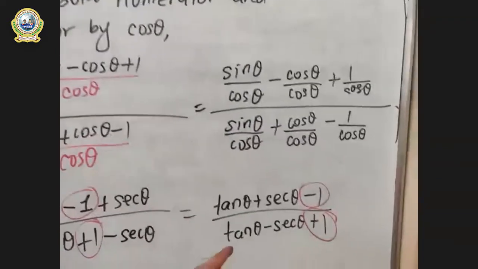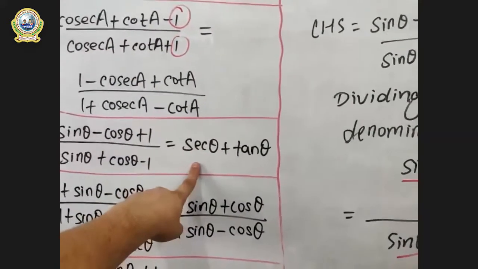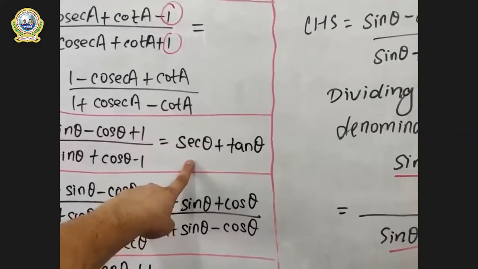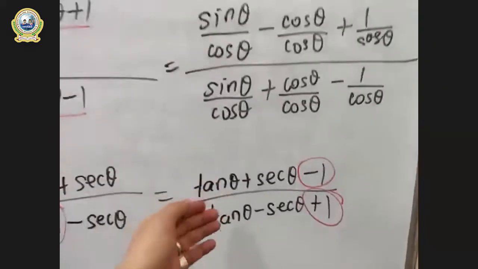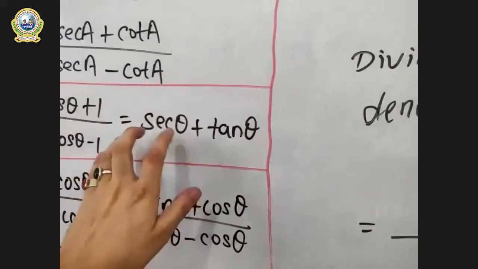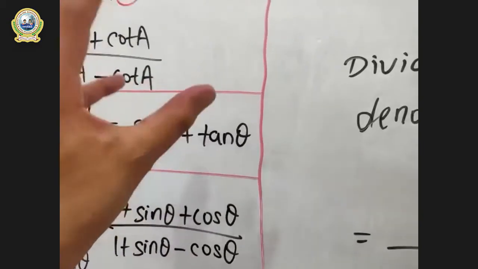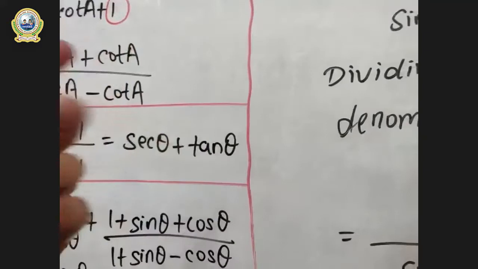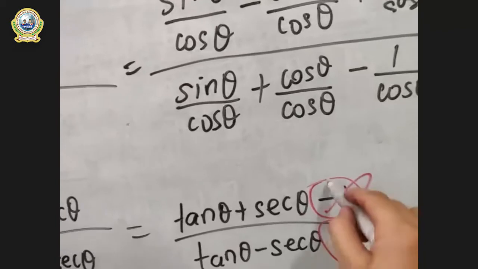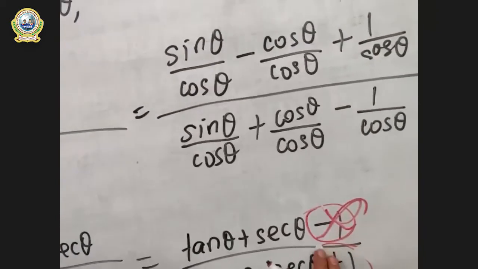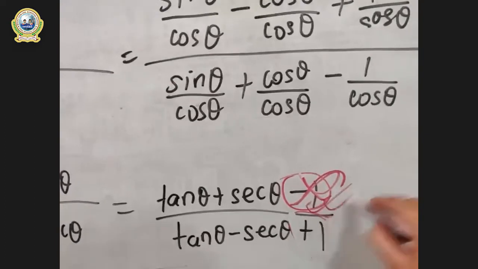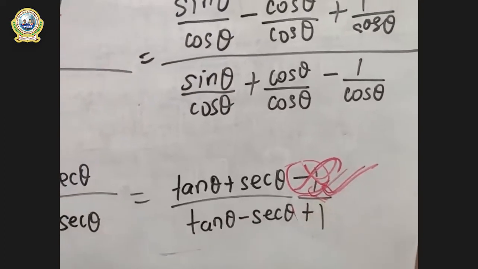Now you have to tally this with our LHS. What rule will we use? Look at it clearly. The LHS is in terms of tan and sec, and even the RHS is in terms of tan and sec, right? And the RHS is very simple. It has a numerator only. So now what will we do? We will change just a single one of them. Just this one will be changed, not both. You will now just convert this one, not that one of the denominator part. Are you clear?